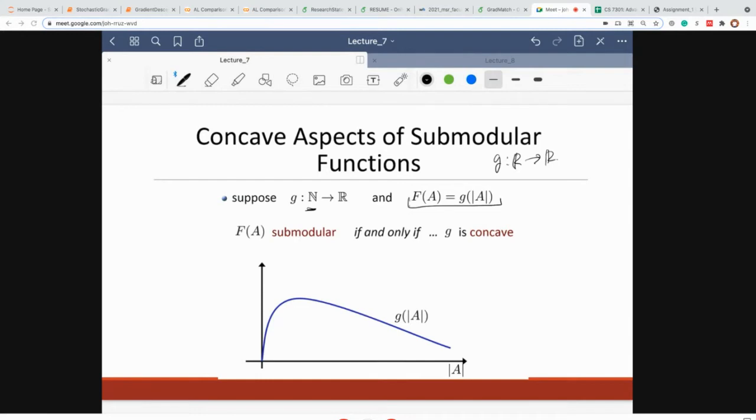It only depends on the... no, this is not necessarily symmetric, right? So it only depends on the size. It does not depend on which set. Exactly, this only depends on the size. So an example of this is the size of square root of A, right? Now, in some other context, this would be called symmetric.